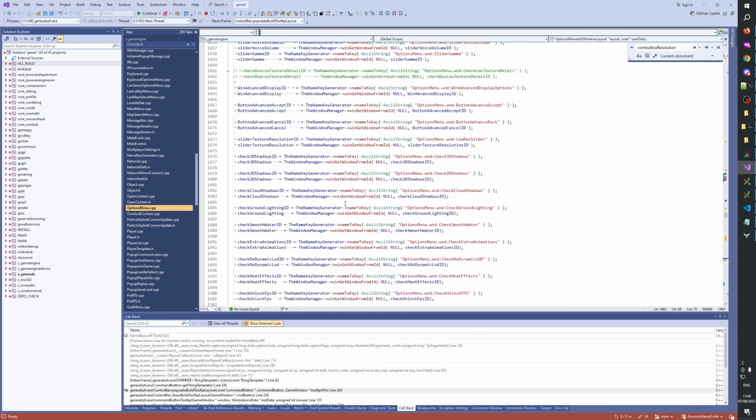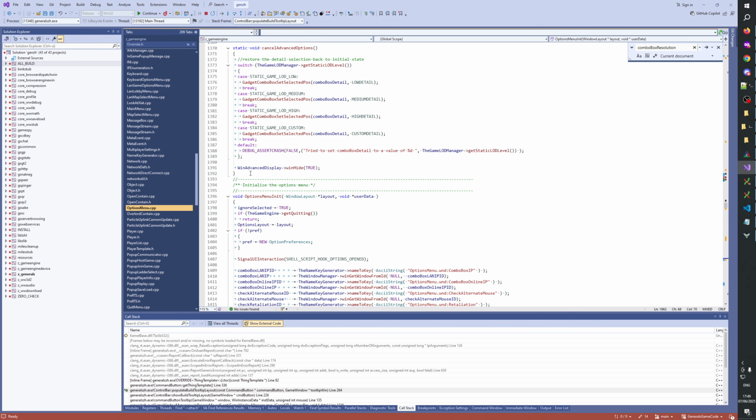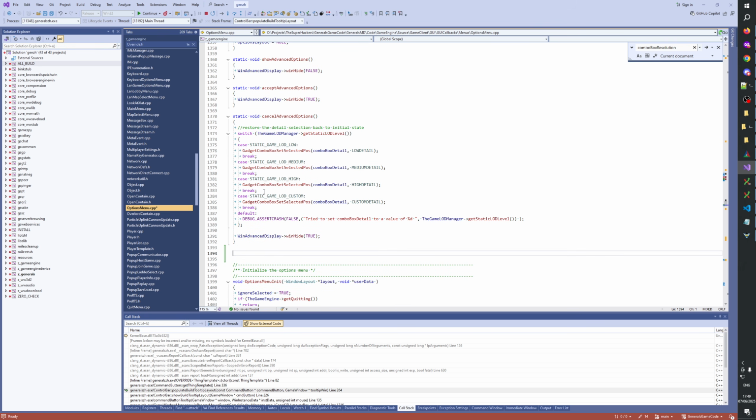Oh boy. It is a loose function. Okay, let's create a new function, a static